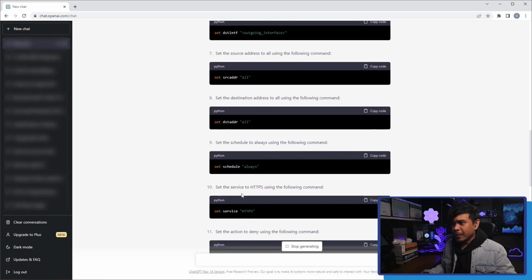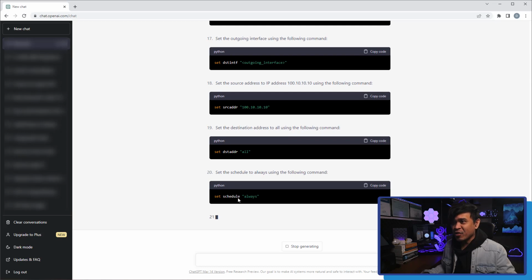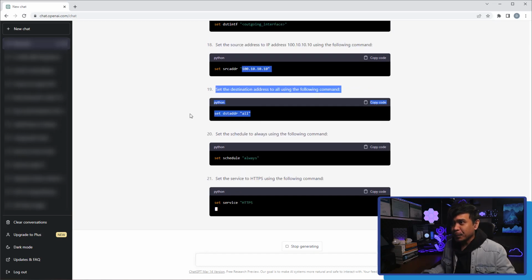All right, I'm not really familiar with Fortinet CLI. That's why I am a bit confused. But it seems like this is correct. The second policy is we specify,